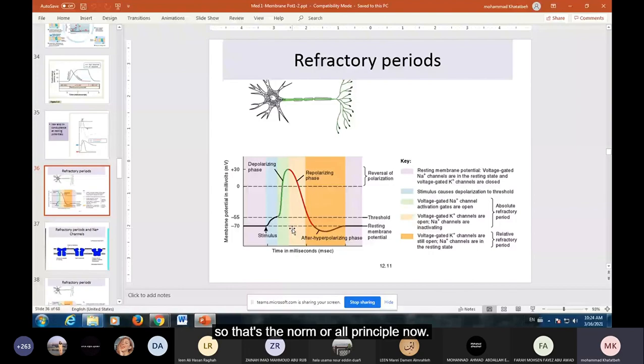Now, تفضلي. دكتور هلا شو هي القناة اللي تخليني أوصل للثريشولد؟